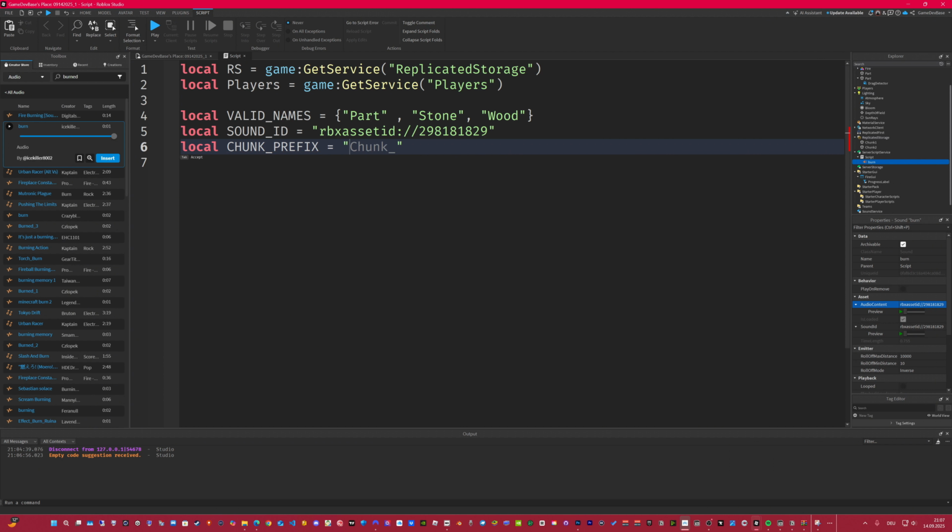chunkprefix is a text piece likely used for naming or creating objects. For example, objects might be named chunk 1, chunk 2, chunk 3 by combining this prefix with a number. The advantage: you don't need to type chunk over and over. Instead, you just use the variable